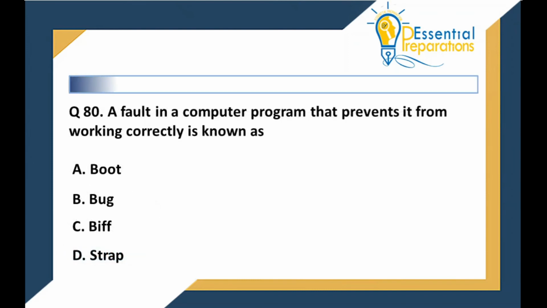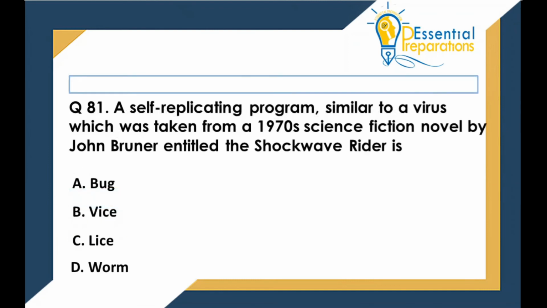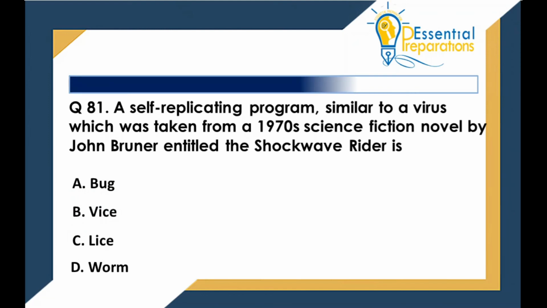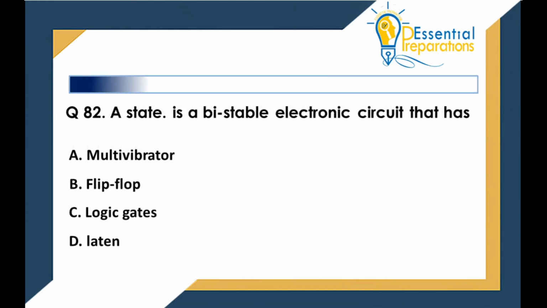A fault in a computer program that prevents it from working correctly is known as B. Bug. A self-replicating program, similar to a virus, which was taken from a 1970s science fiction novel by John Brunner entitled The Shockwave Rider, is D. Worm. A flip-flop is a bistable electronic circuit that has